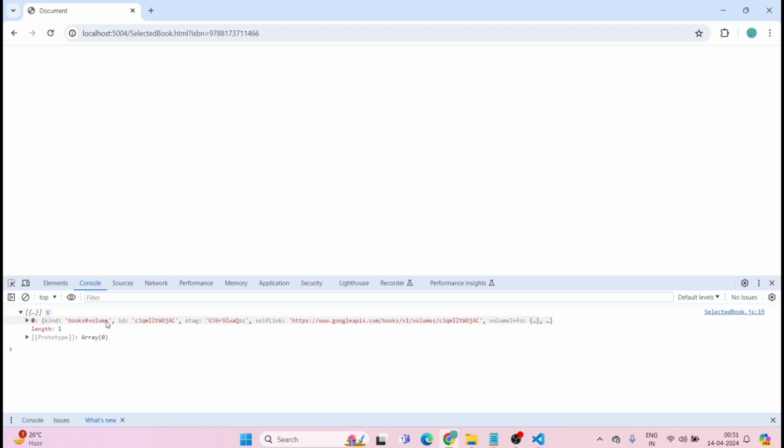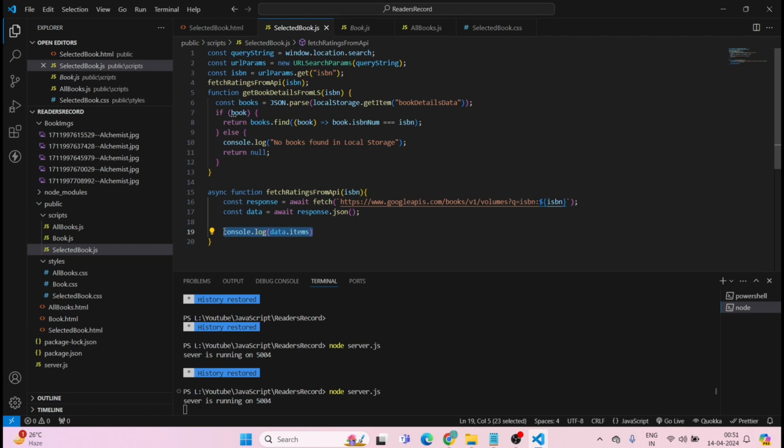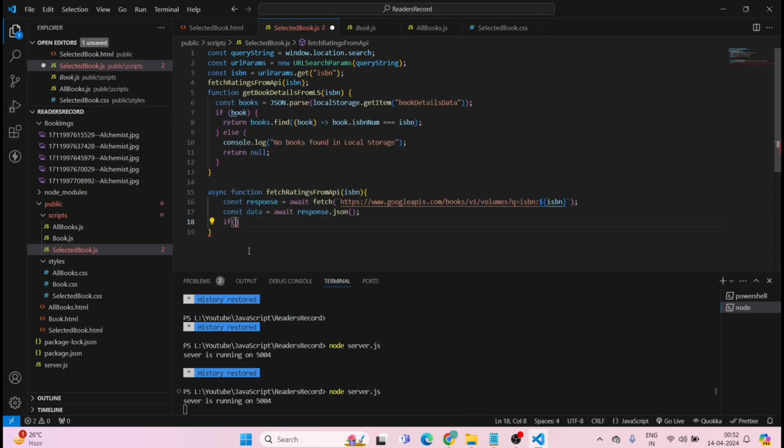You can see there is one array available. The book name is Wings of Fire, right? So it is available. So that is what we are going to do. We are going to get the ratings from this, the ratings data. So data.items, and if data.items.length